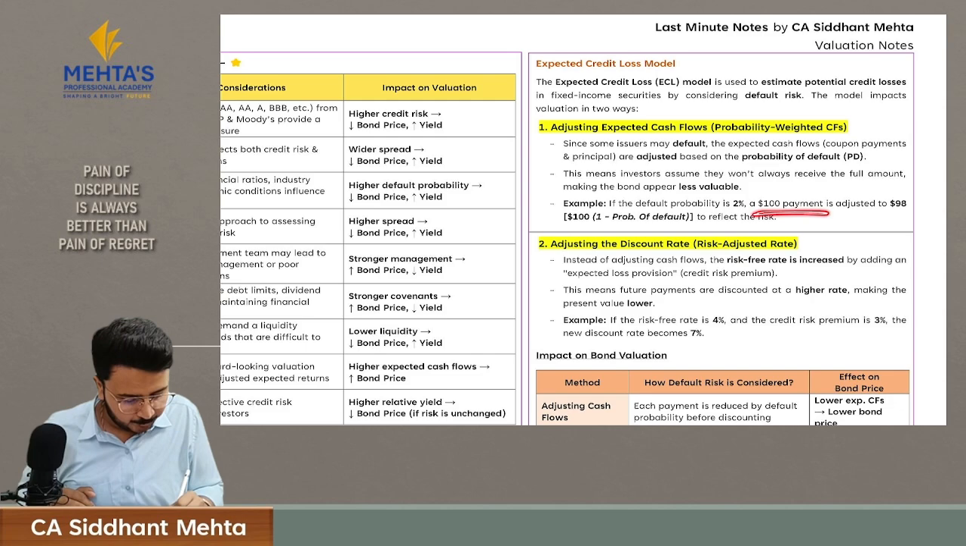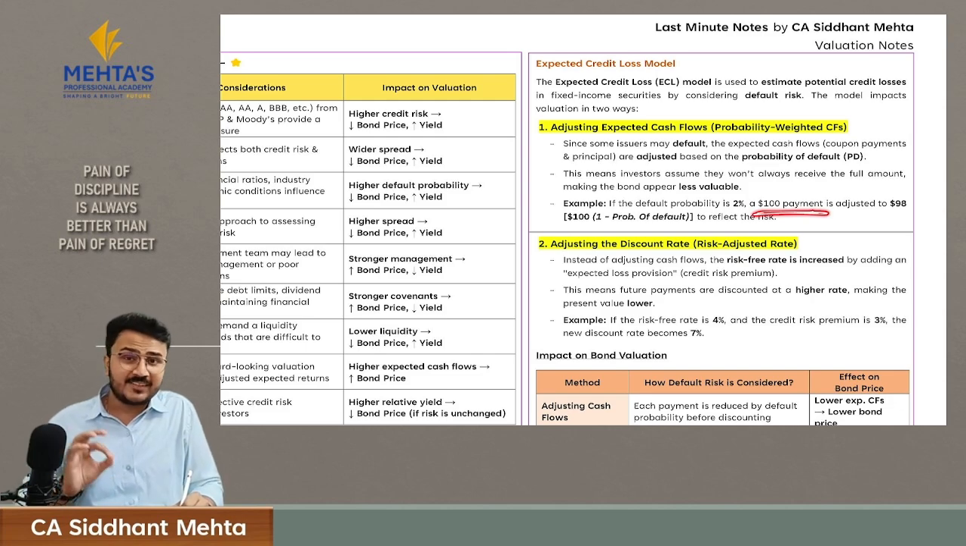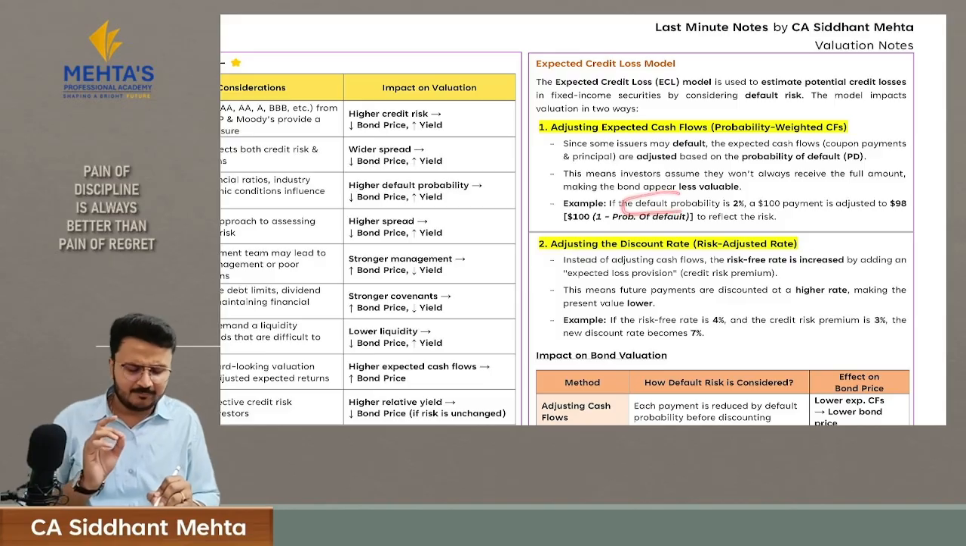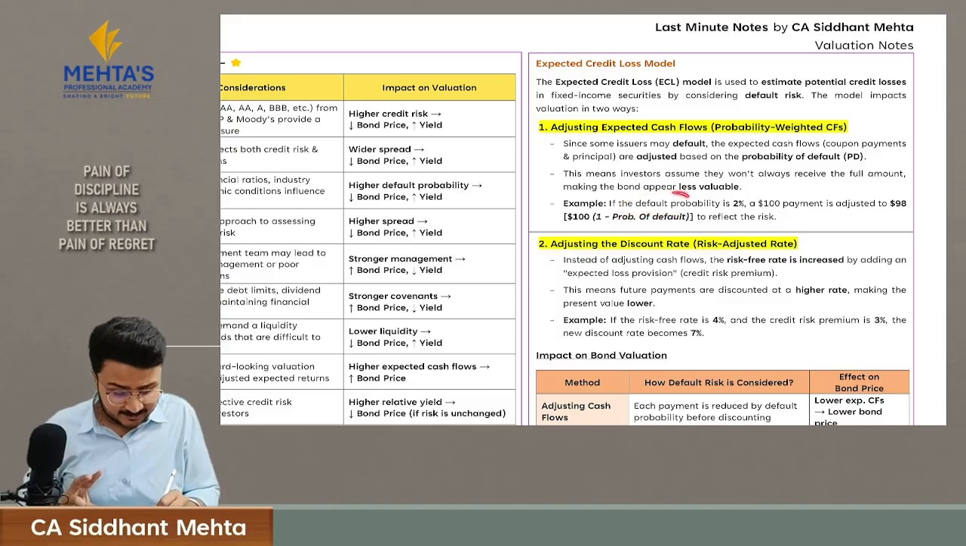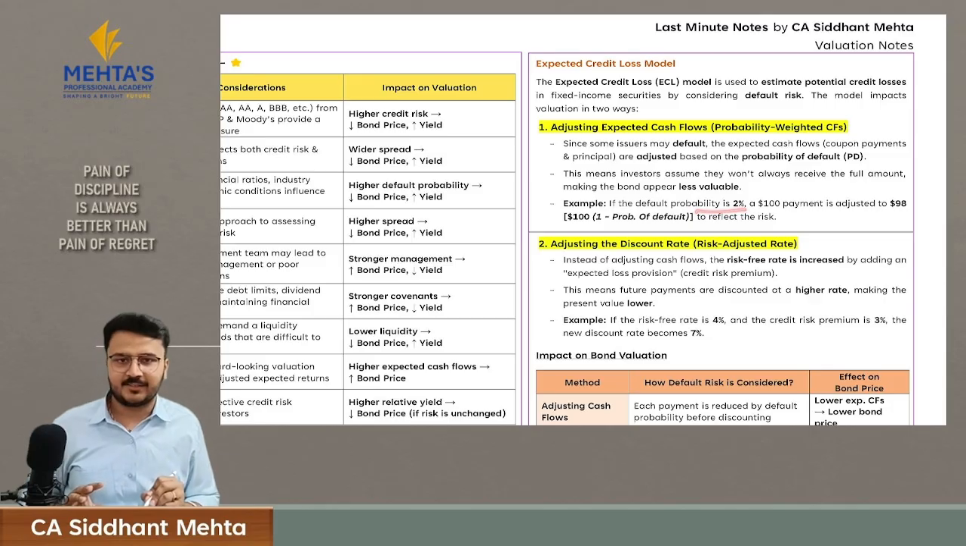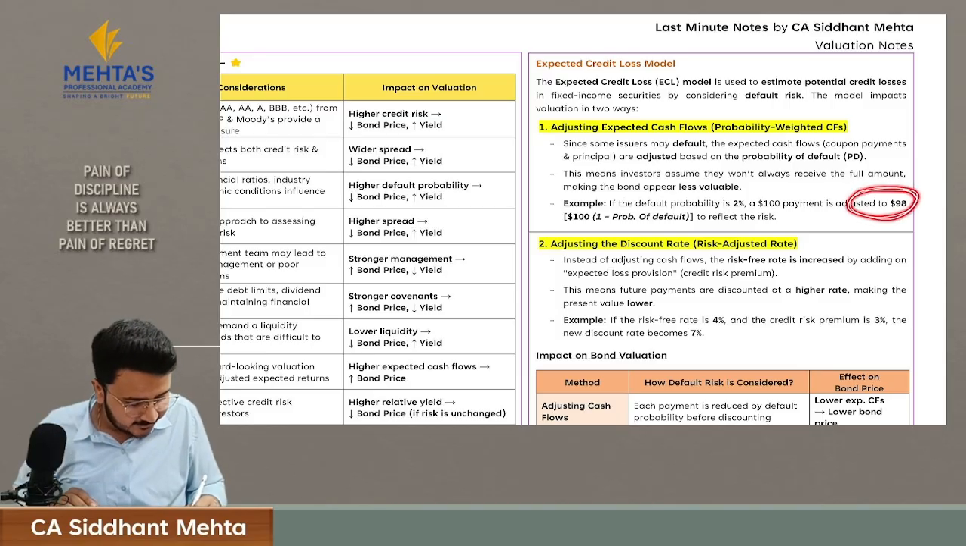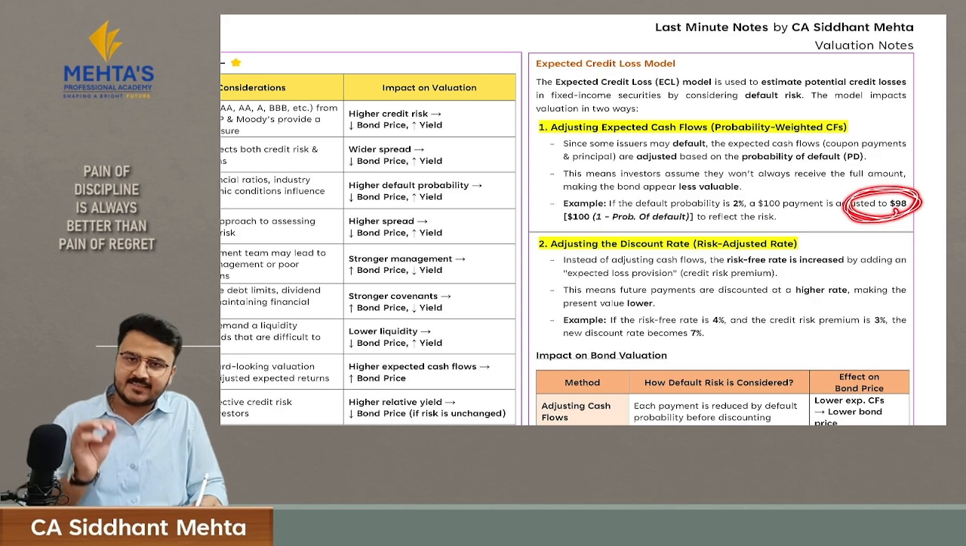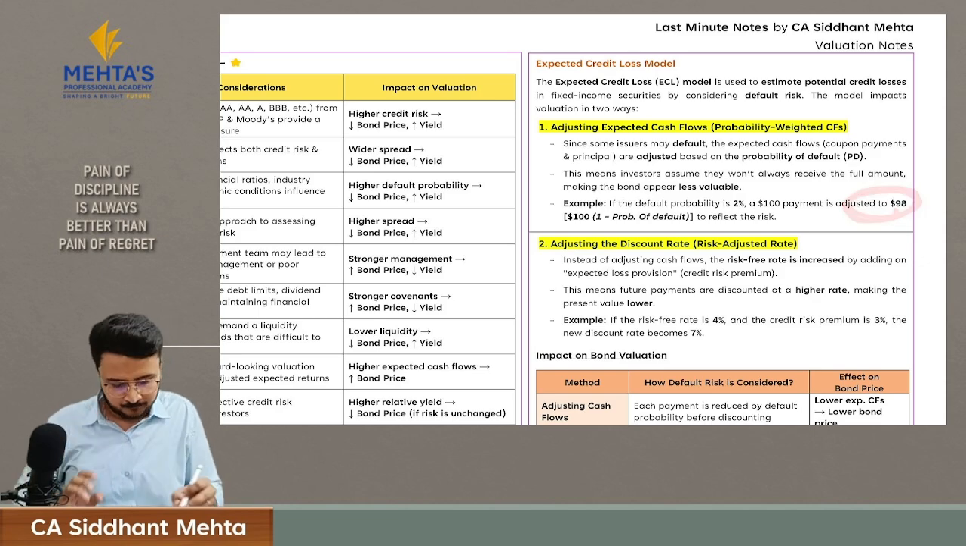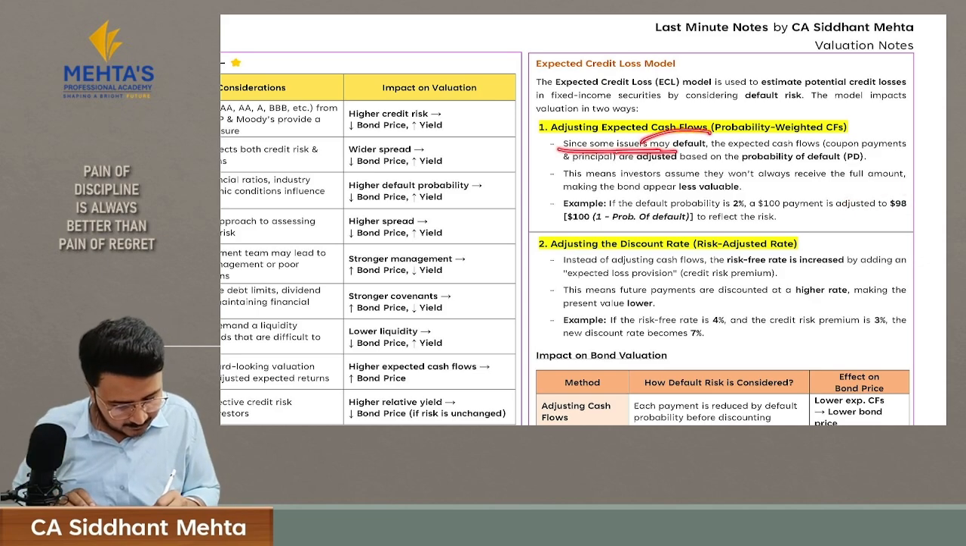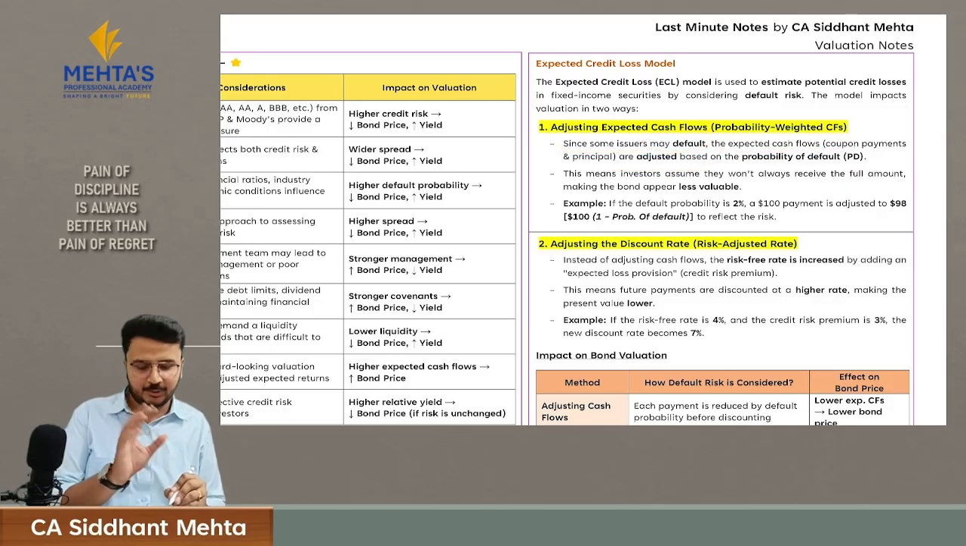Okay, the 100 rupees is what I am going to get. What is the probability that I will get this amount? I think there is a chance that they will default. There is a default probability, I'm sorry, of 2%. So the chance that I am going to get this amount is 98%. So I will multiply 100 rupees with 98% and I will consider this 98 rupees as my adjusted expected cash